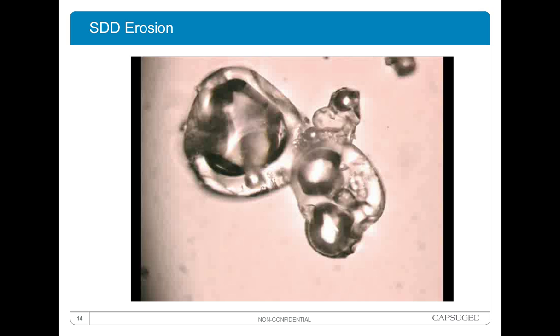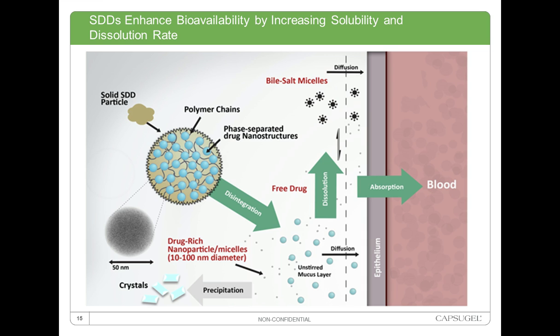All right, so you probably noticed as well in that video that there were some air bubbles that slowly disappeared, and that's the result of the spray drying process actually creating hollow particles. Then as water comes into that inner pore, that air bubble eventually is released as the SDD particle dissolves. After the SDD dissolves and creates these nanostructures or colloids,